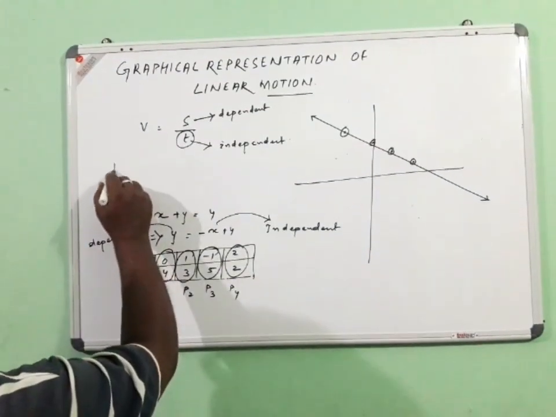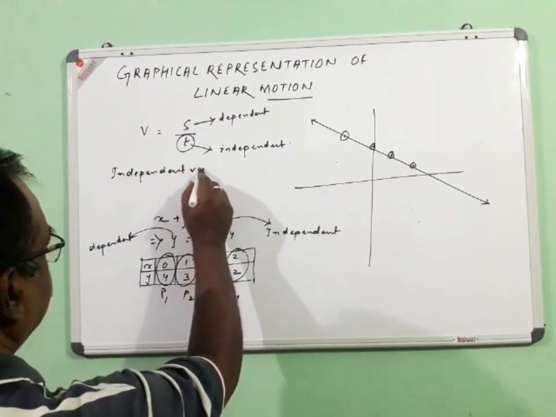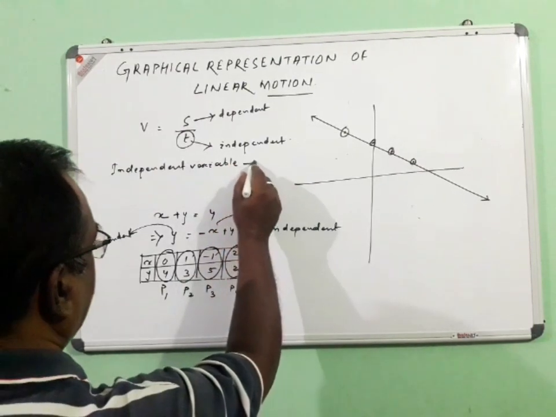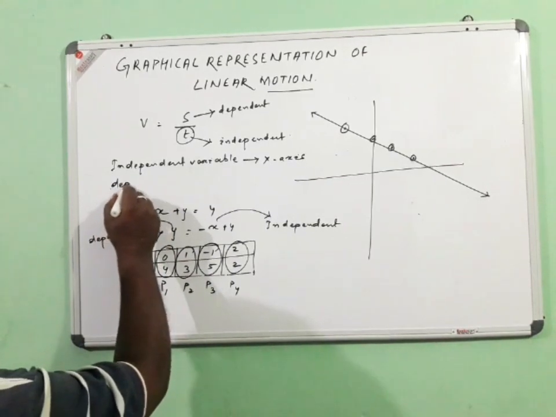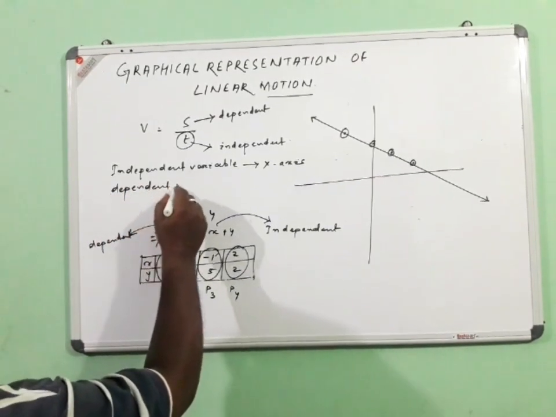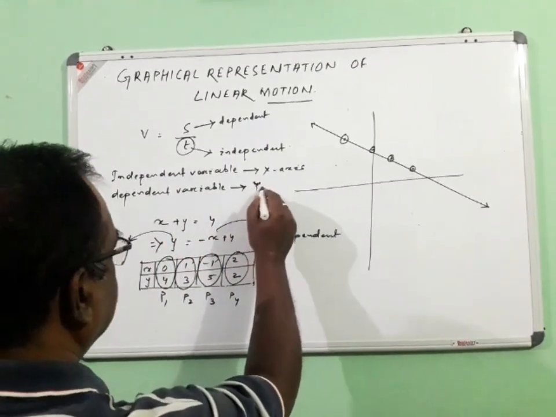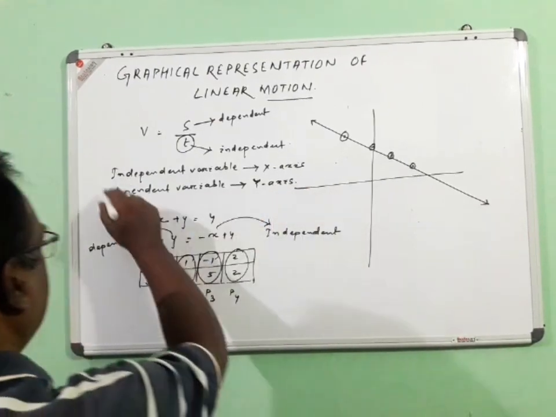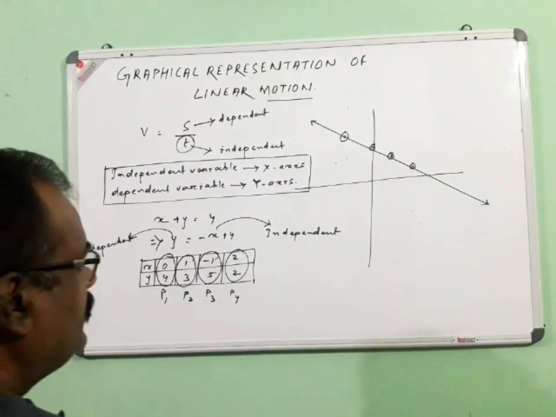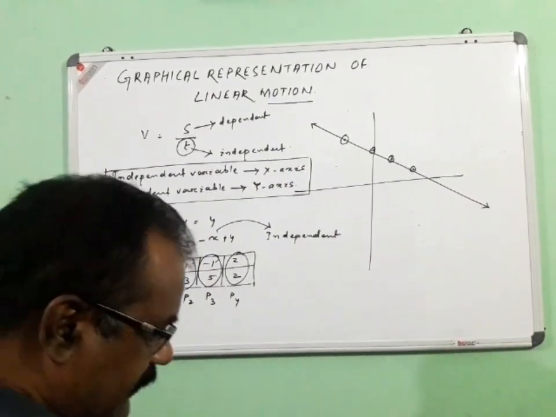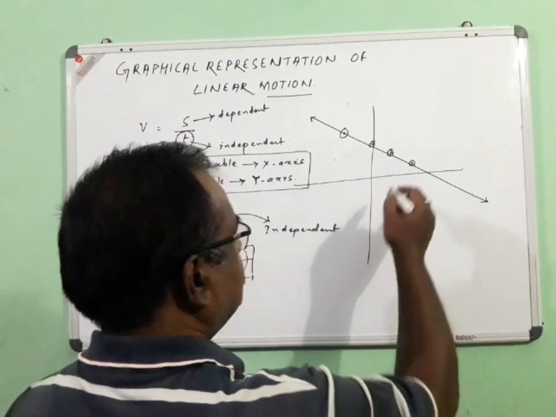Remember that the independent variable has to be represented on the x-axis, whereas the dependent variable, which depends on this, has to be represented on the y-axis. This is very important, that we have to remember which one is independent and which one is dependent. Now, while we are discussing this line, you must have seen that the line is making a